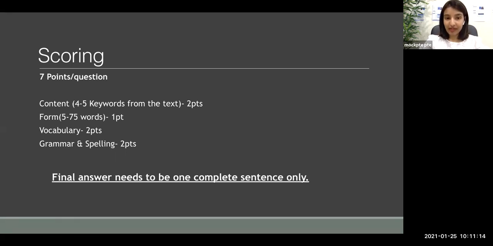So with spelling also, you need to be very careful, which is the reason why they're giving you a total of 10 minutes for one summary. So what do you do? Out of the 10 minutes, utilize the first 2 to 3 minutes. 2 minutes would be sufficient. In the 2 minutes, read the entire passage completely.